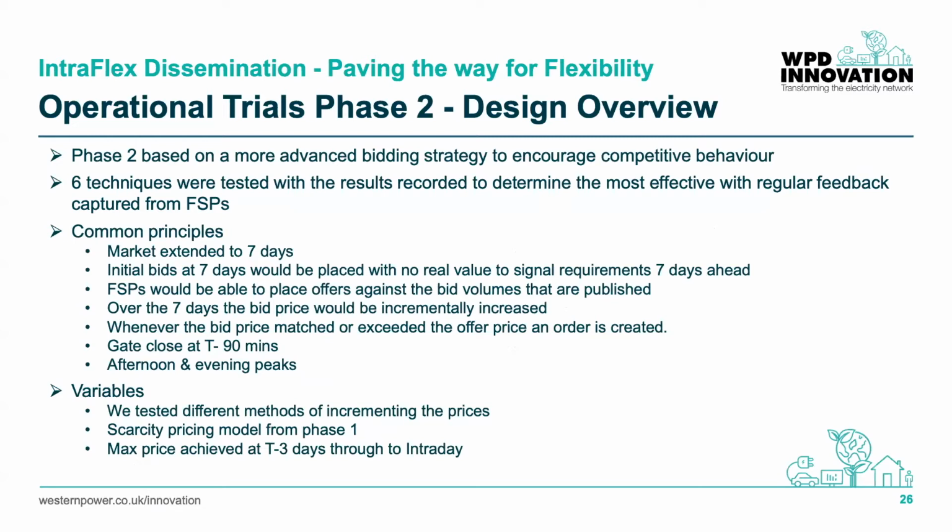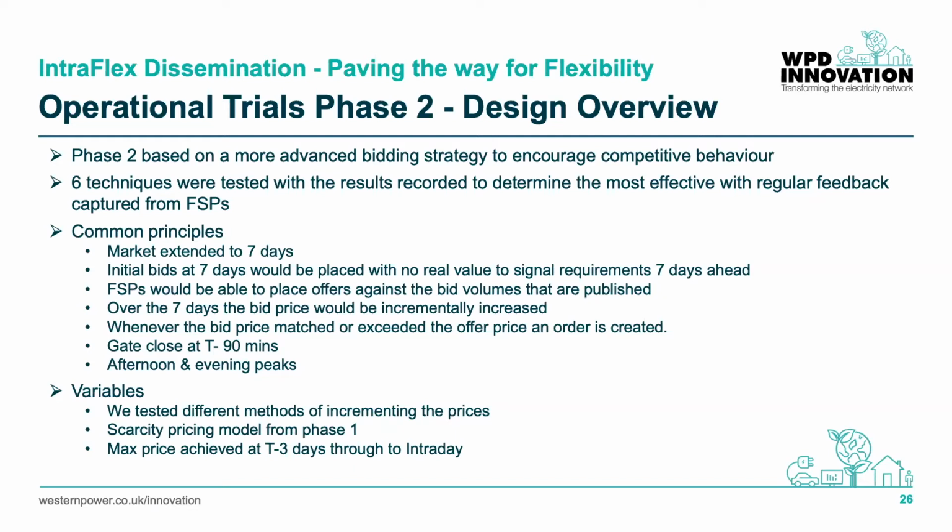Market opening was extended to 7 days. Initial bids at 7 days would be placed with no real value to signal requirements 7 days ahead. This identified the specific half-hourly periods and the exact volume, but as they were only set at an initial bid value of £1 per kilowatt hour, it was guaranteed not to attract any offers from the participants that would end up matching it. We focused purely on weekday evening peaks for this, as it would be most likely to reflect